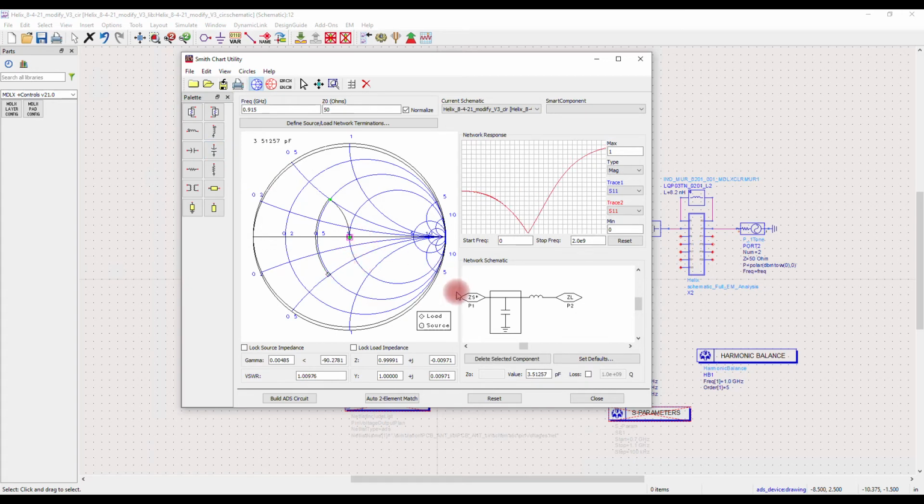We have to go back to the schematic and connect Modalytics component to the correct pads. We will place another sub-circuit model and impedance match it. The inductor value is 8.5 nanohenry. The capacitor value is 3.6 picofarad.